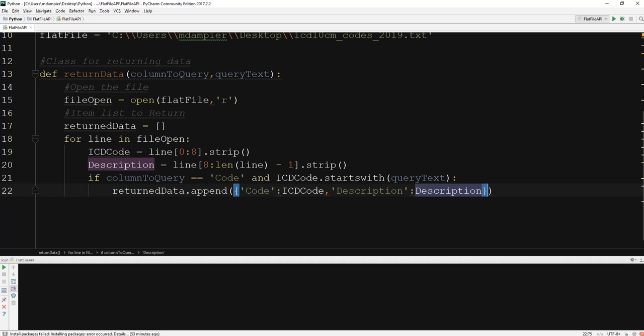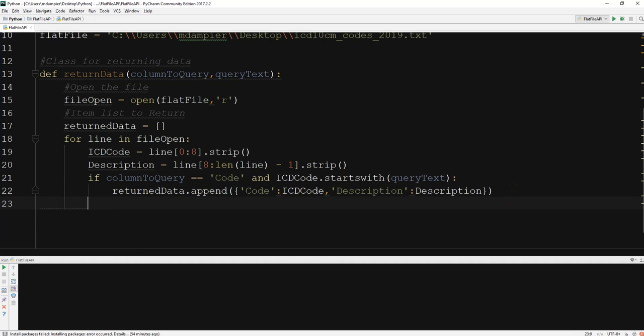Very good. And what that's going to give us is if within the code, with each line of that text, if it starts with the query text that we had sent over, it is going to meet the condition, and then it's going to put into this list this small object that has the code and the description that will